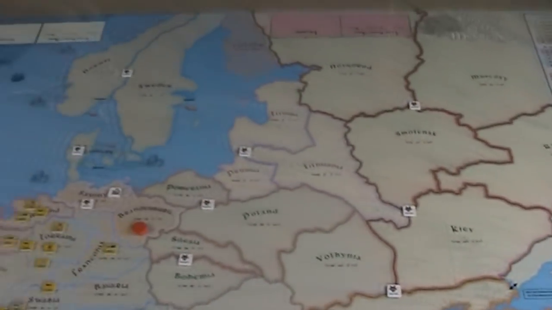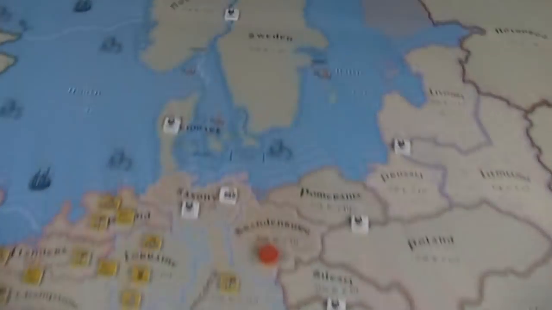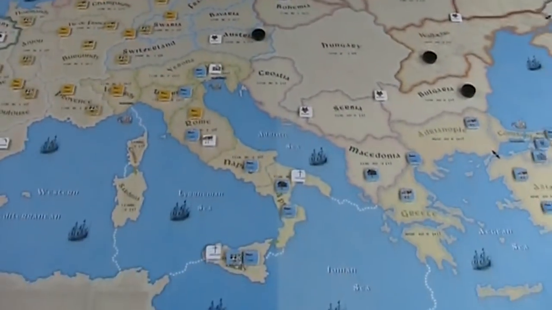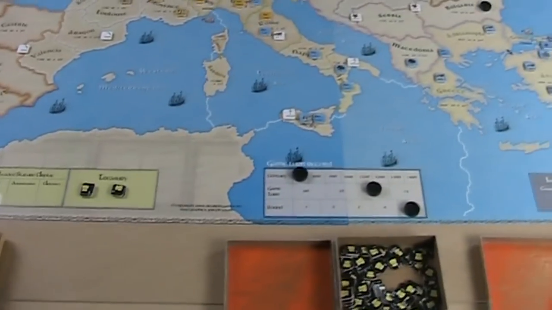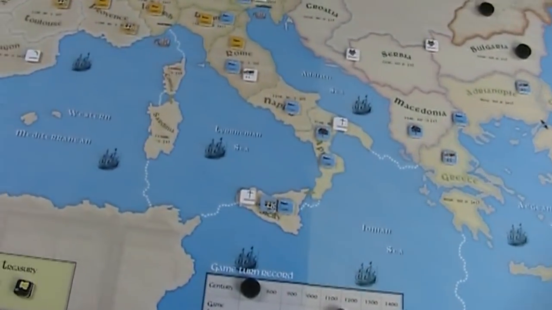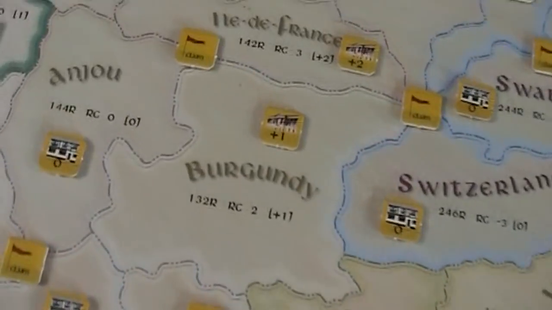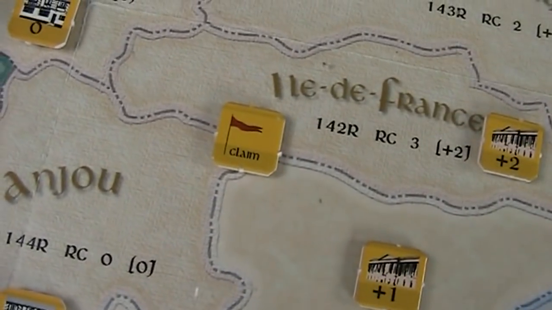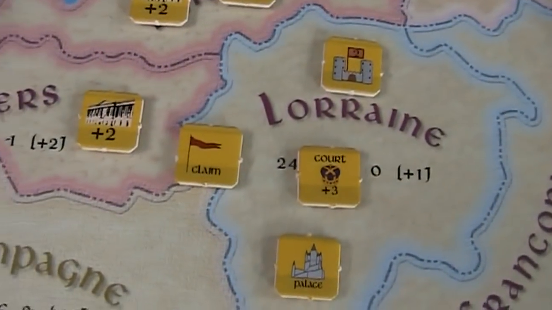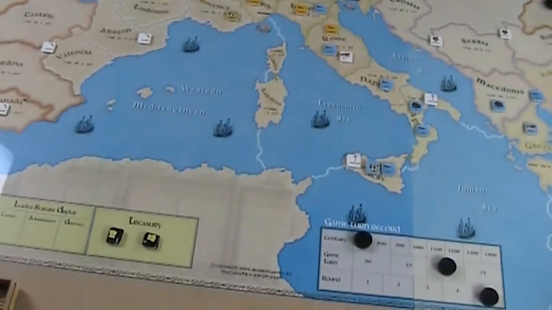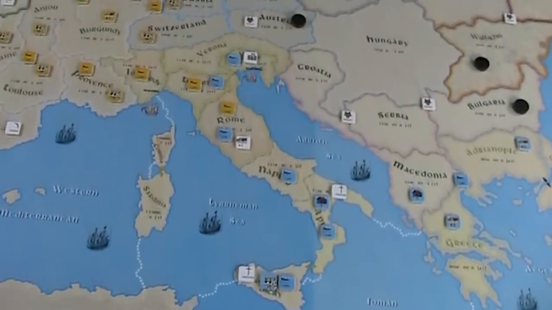But just to explain that, I wasn't able to place it in every single country here. And that's a similar thing here, for example, with the claims. I placed claims here at the borders to indicate that. Okay,